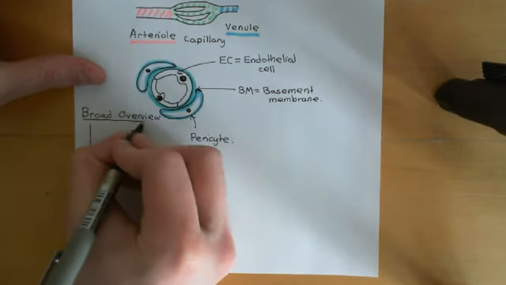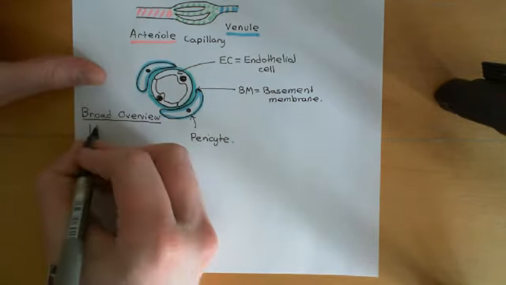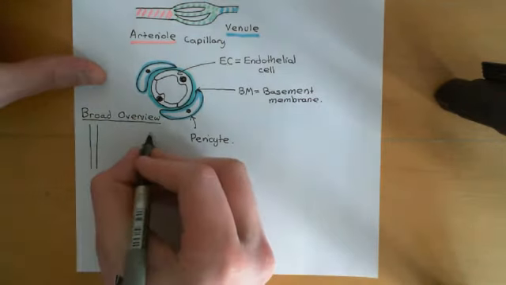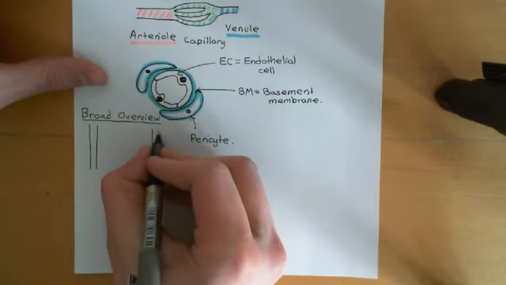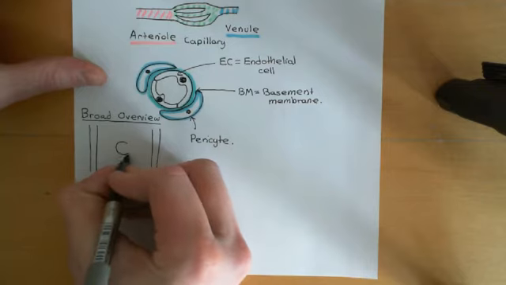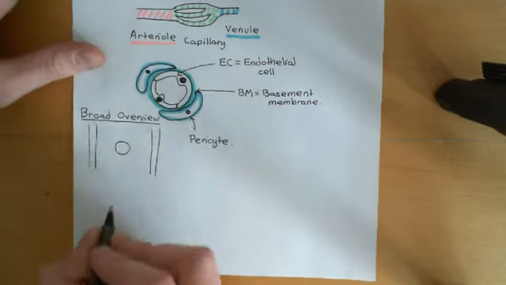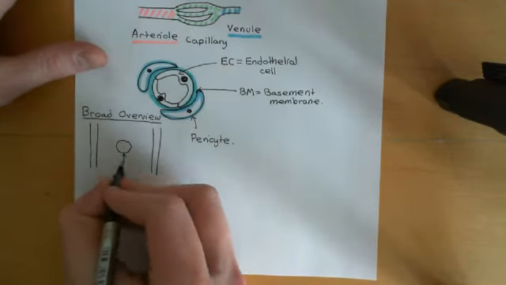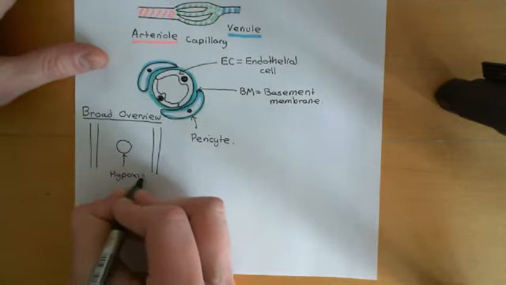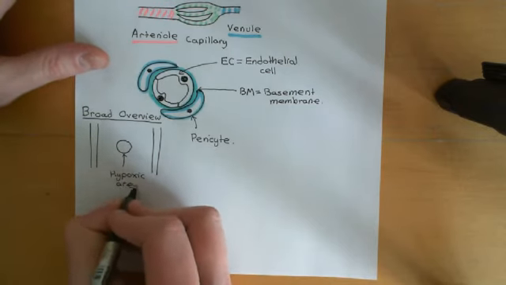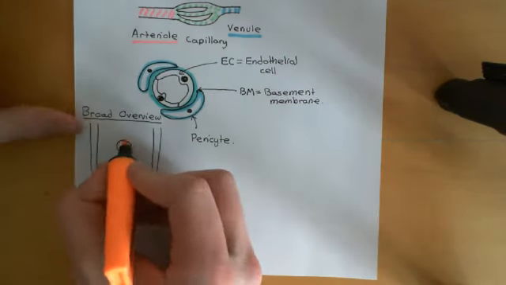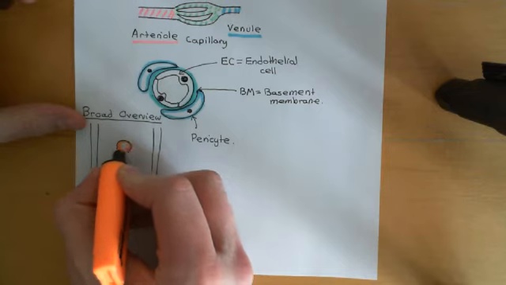Okay, right, so let's say this is one capillary here. Okay, so this is a tube, this is a capillary here, and then we've got another capillary here. Okay, and then let's say in the middle here we have an area of cells that is hypoxic. Okay, so this is our hypoxic center or our hypoxic area. Right, so basically what's going to happen is if these cells become hypoxic in this hypoxic area, they